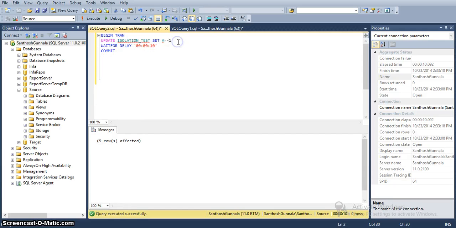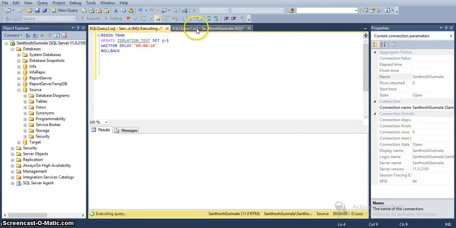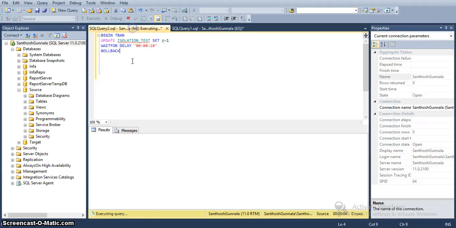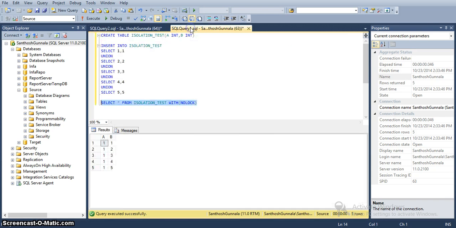Suppose I use rollback. Again I am running the same statement, and the data is updated but it is still running. Once it is completed, if I run the same select statement again, the data gets rolled back.